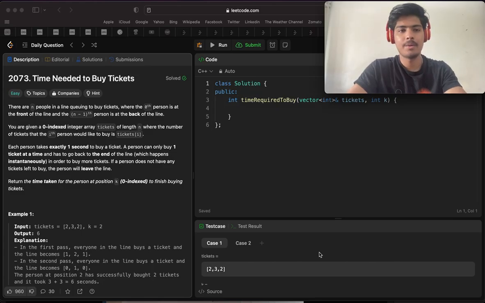Hello everyone, and today we will be solving a problem which is time needed to buy tickets, LeetCode 2073. So let's see the problem statement. The problem is saying that there are n people in a line queuing to buy tickets, where the 0th person